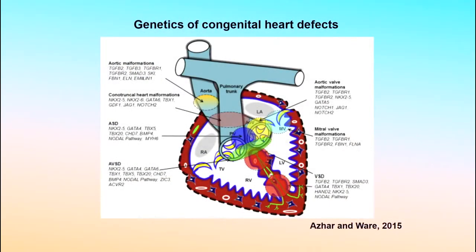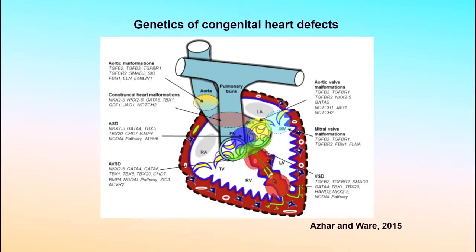So congenital heart defects are essentially structural malformations that arise during heart development. It's one of the most common birth defects in humans. This slide shows that we already know many, many genes that when mutated can give rise to heart defects in humans. But even after a lot of work, it's thought that we really only understand about 20% of the genetic